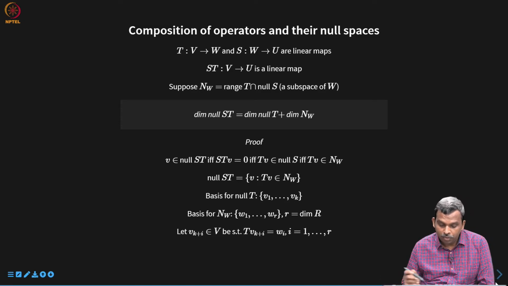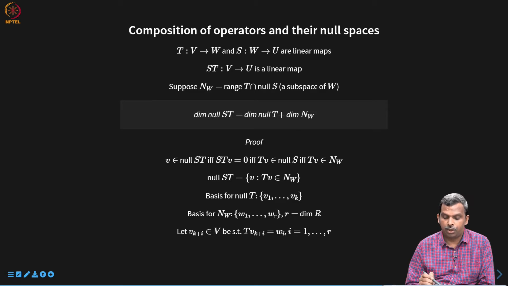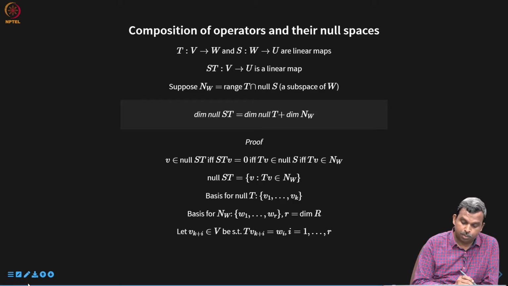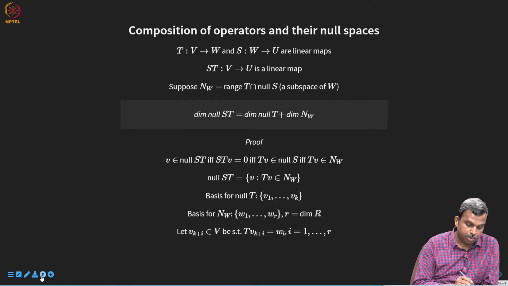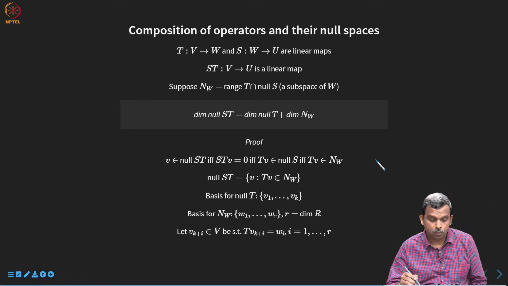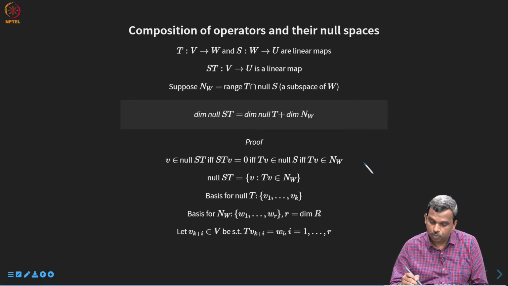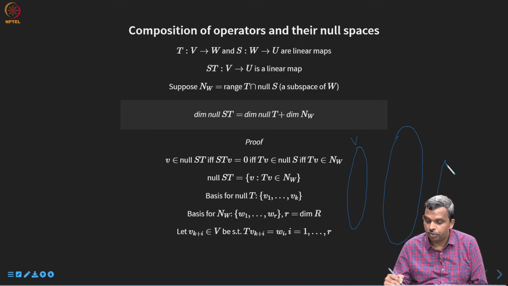So, we will start thinking of basis for null of ST. See, for looking at dimension we need to look at basis. I think at this point maybe I should draw the picture, it will be helpful. So, this picture has 3 subspaces, there is V and then there is W. I will draw it a bit bigger so that a lot of action happens in W, and then you have U,